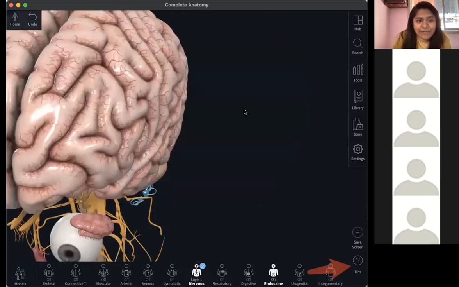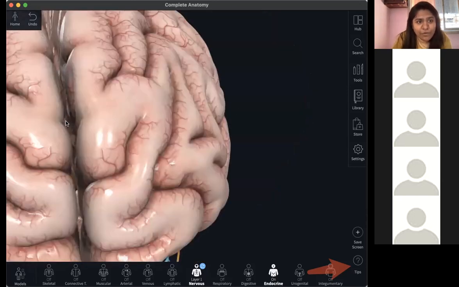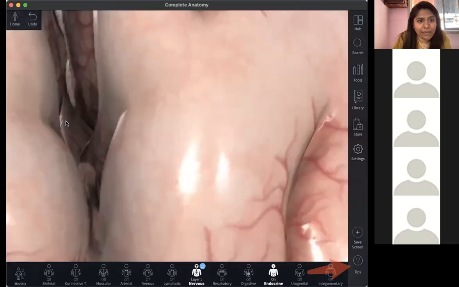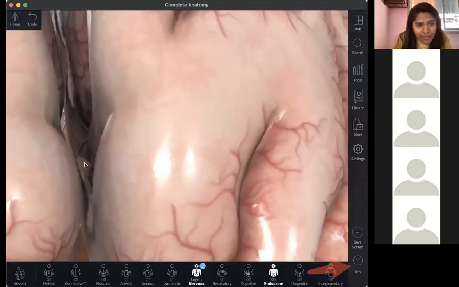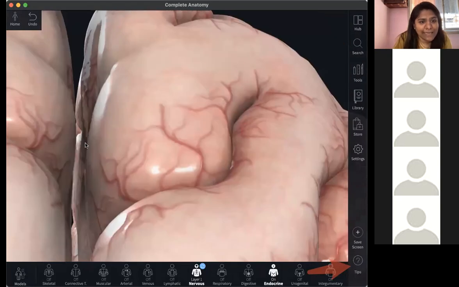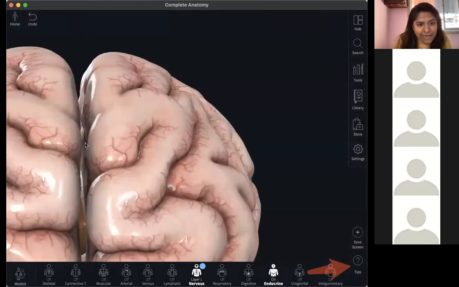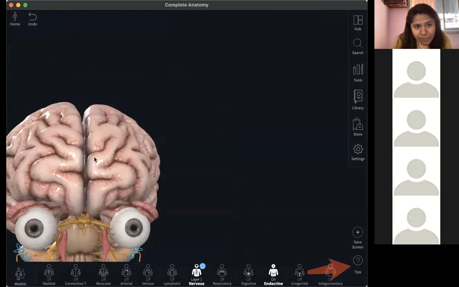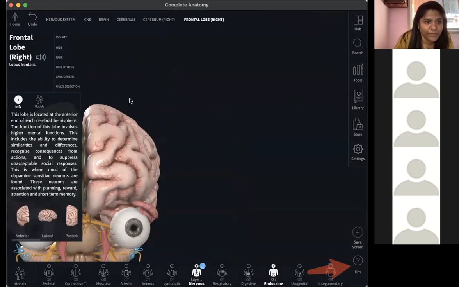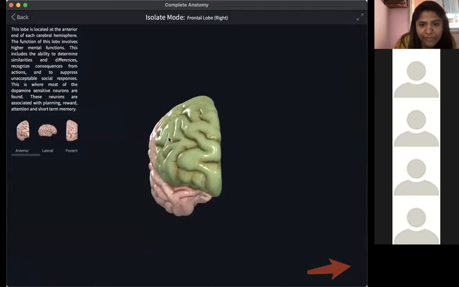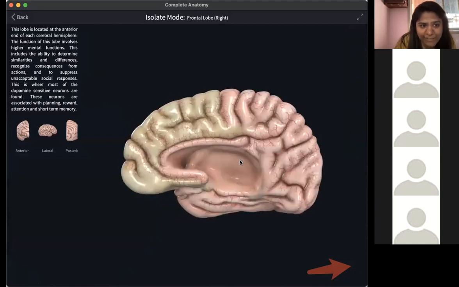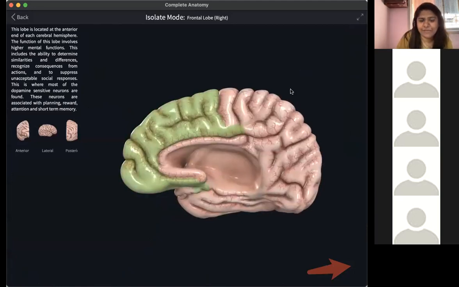Okay, so this is going to be your brain, and if you go inside your brain just enough, you would be able to see that there is a very small connection. Just give me a second, we're just going to come to this part. Yes, like this. Do you see this hollow space over here? Is it visible to you? Everyone is able to see this hollow space? Yes, ma'am.